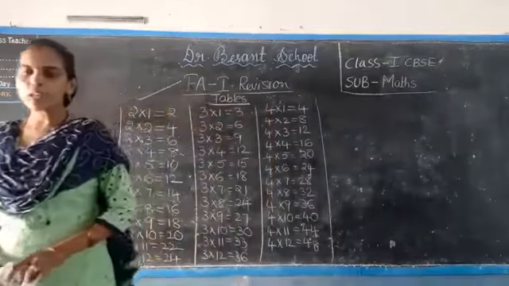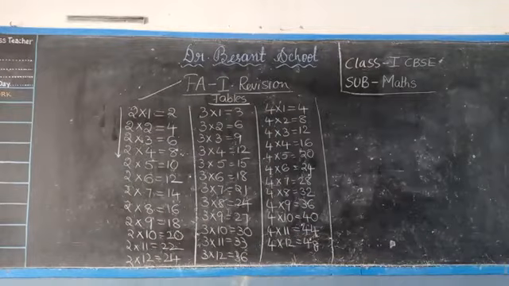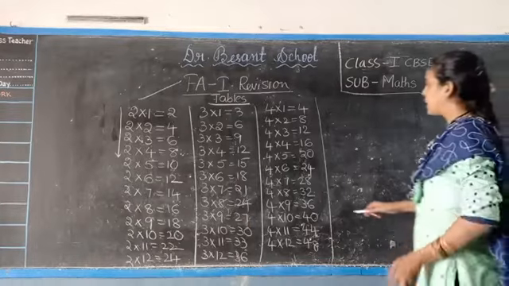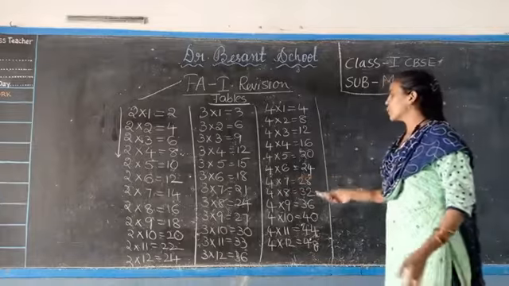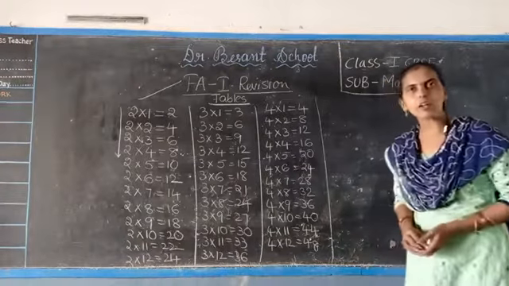So please note down the tables in your revision book, and also write the backward direction of the tables 2, 3 and 4. What is the backward direction? Writing the table from backward onwards. From 4 12s are 48, 4 11s are 44, 4 10s are 40, 4 9s are 36, 4 8s are 32, 4 7s are 28, 4 6s are 24. Like that you have to write down the backward also.